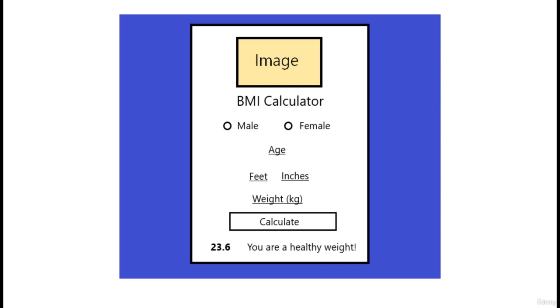Okay, there we go. See, I told you it was a bit of a crude drawing, but it's got everything we need here. So it's a nice high level, meaning just a very simple terms mock-up of what we're going to have. So we'll have some nice picture at the top, then we'll have some text there with our app name. We'll have the option for them to choose male or female, something like that, and then they can type in their age, they can type in their feet and inches,